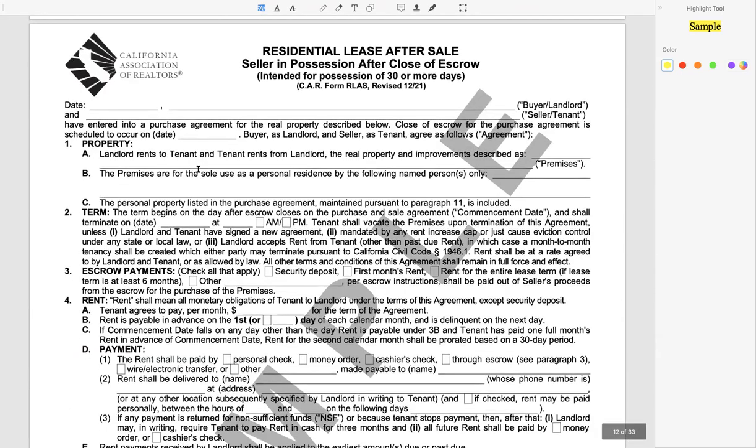And then here is the RLAS, which is, right now, a lot of sellers are doing contingent sales, and they're asking to stay in the property longer after the close of escrow. So basically this form definitely needs to be incorporated